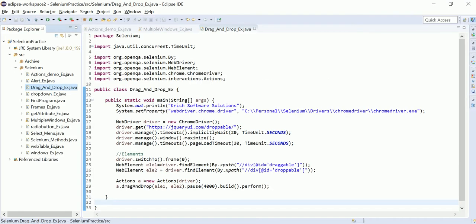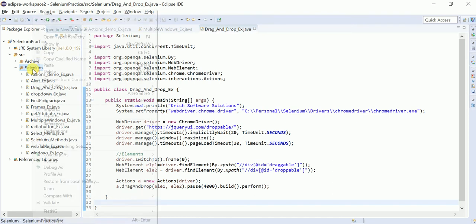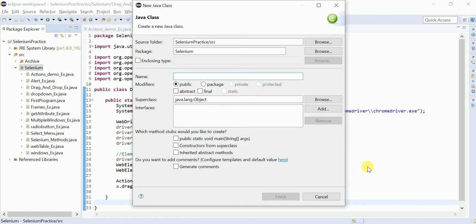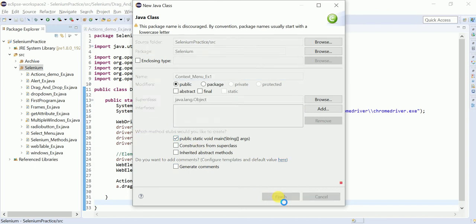Let me open Eclipse. I'm going to create a new class here. I'm naming it ContextMenuExample. Select public static void main.